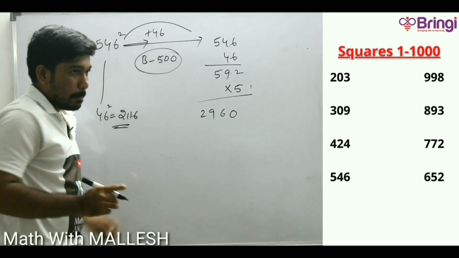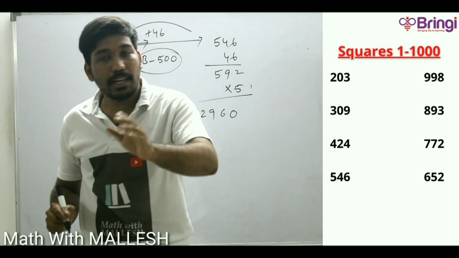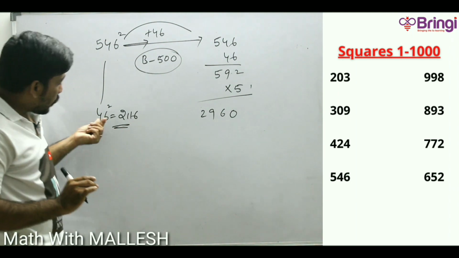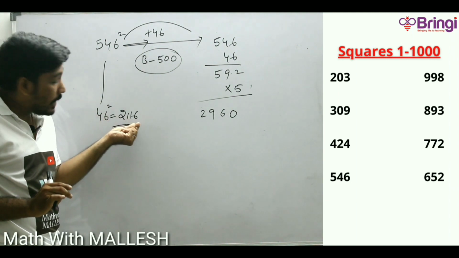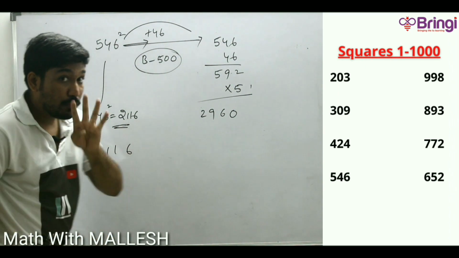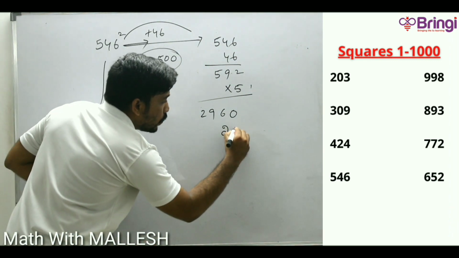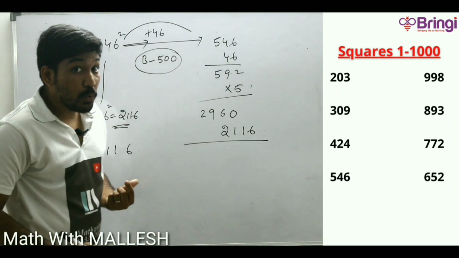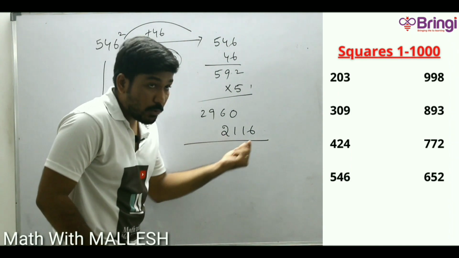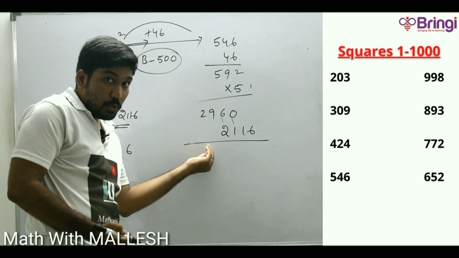40 to 50 square and 50 to 60 square, how to find in a fraction of seconds, we already uploaded in our channel. You can go through those videos. And if you want to check it, check in the playlist. So 46 square is equal to 2116. So if you observe 2116, how many digits? 4 digits we got. So in this case, the first 2 numbers will go a little bit front. This will occupy here and this will occupy here. 4 digit number, 2 front and 2 back.